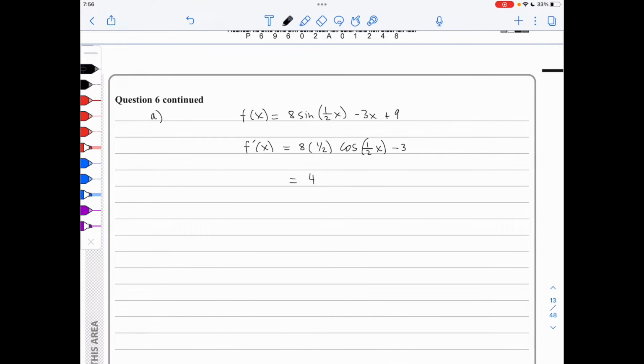So this is 4 cos of a half x minus 3. I will set this equal to 0, and we get that 4 cos of a half x is equal to 3, which means that cos of a half x is equal to 3 over 4. Now the principal value here will be shift cos of 3 over 4. Remember, we are in radian mode. This gives an answer of